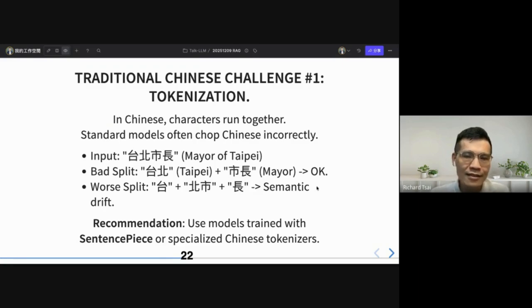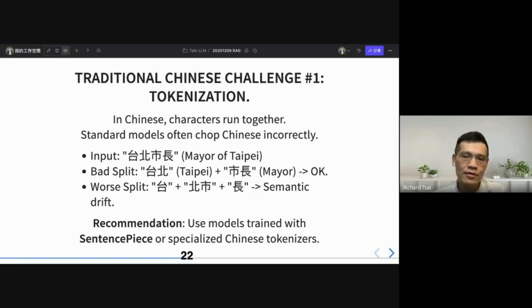And there is an even worse split like 台, 北市 and 长. This causes a phenomenon called semantic drift.